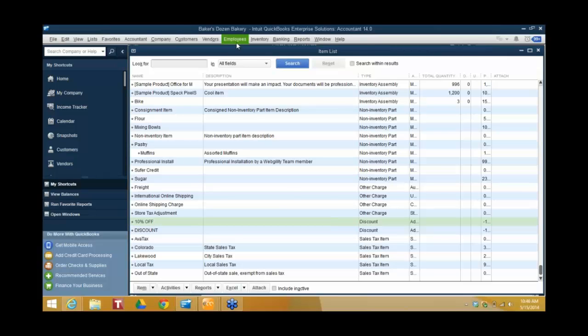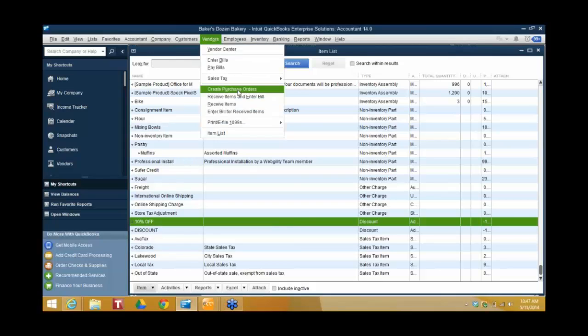Typically in QuickBooks, dropships are done as purchase orders, in fact, because it's an item that you're purchasing from your vendor and they're going to ship it directly to your customer. And in ECC, that happens the same way. You can have ECC create purchase orders for you for dropship items. So if you go here and create a purchase order,